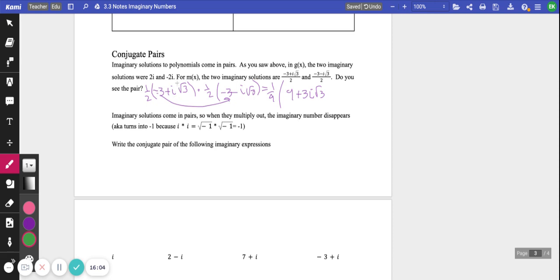Now let's do this next piece. i times the square root of 3 goes here. So that's going to be negative 3i square root of 3. And then times these two together, i times negative i will be, so i times i is negative 1, and then times a negative makes it positive 1, and then square root of 3 times square root of 3 is positive 3. So we end up with 1/4 times 9